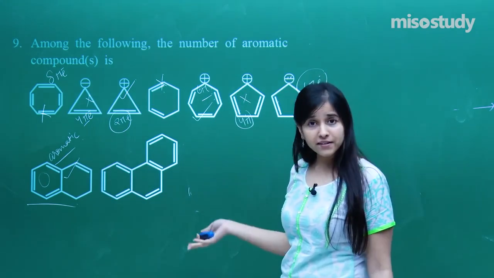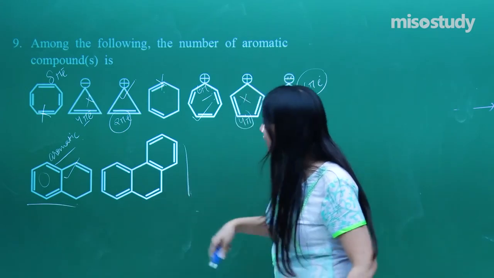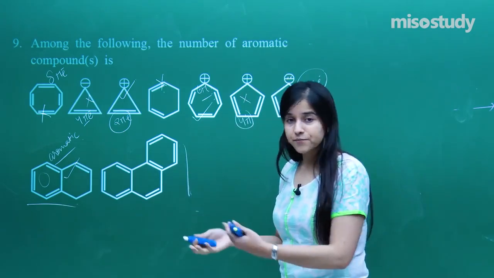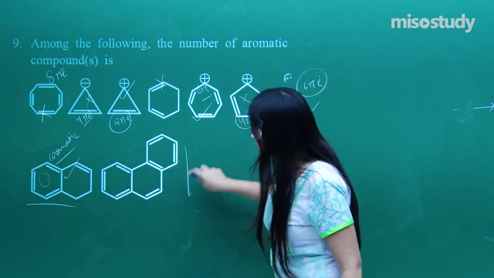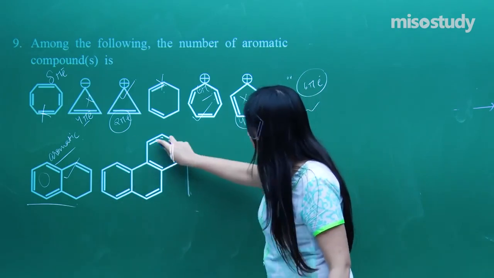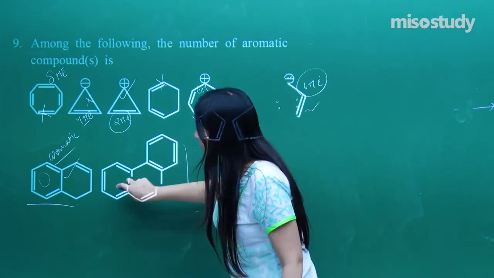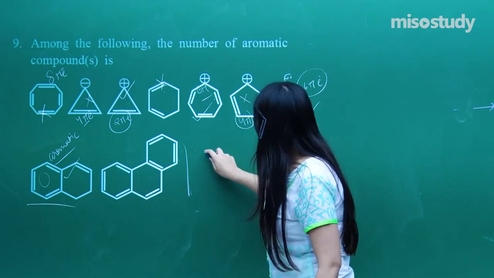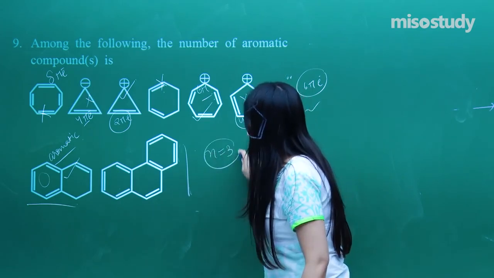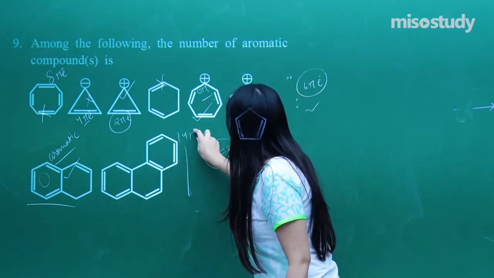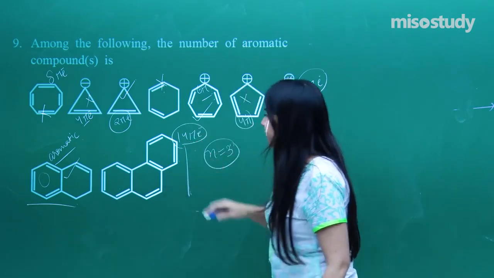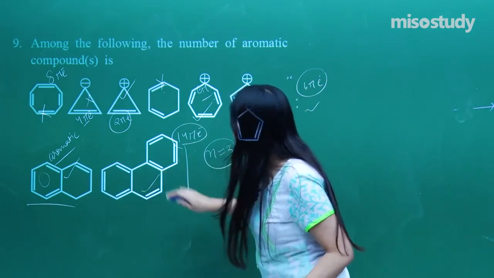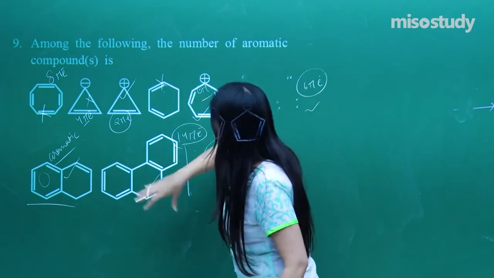So this is aromatic. And if you see over here, what is this? This is nothing but phenanthrene, also a class just like naphthalene. So it is perfectly aromatic. If you count the number of electrons here, we have got 6, 6, 12, 13, 14. n equals 3 will give the answer here. I have got 14 pi electrons. That is perfectly aromatic.